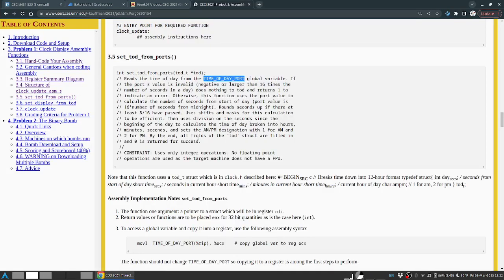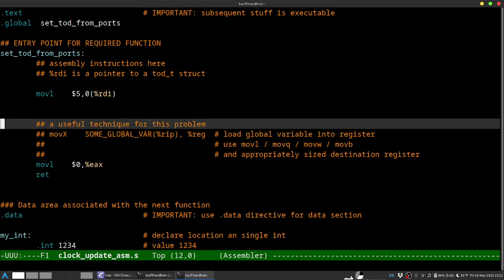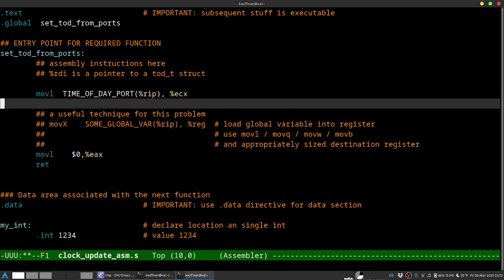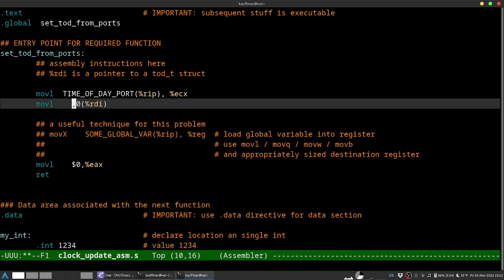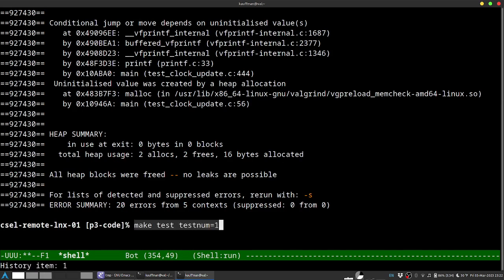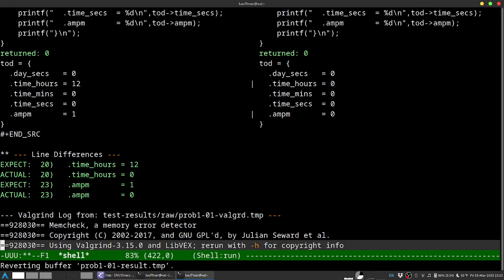So I'll be just slightly lazy, and I'll grab this movl over here and copy that in up top to get me started. Oops, I need to use a different paste here. And so, for instance, I'll tab that over. I could take that value that's in ECX and move it directly into where the 0th field is, and we should see it there. So if I change back over to the shell and make this and run it one more time, you see,